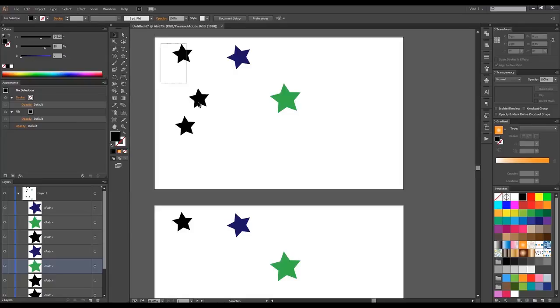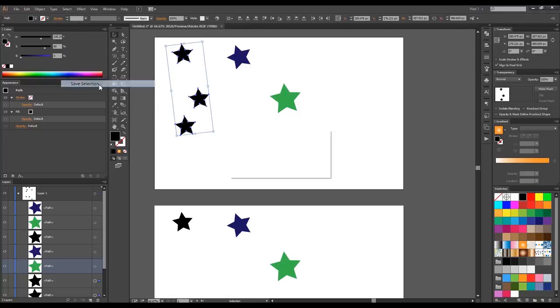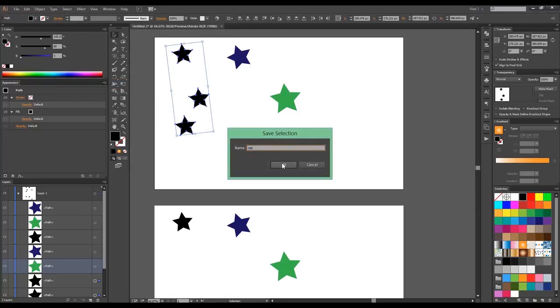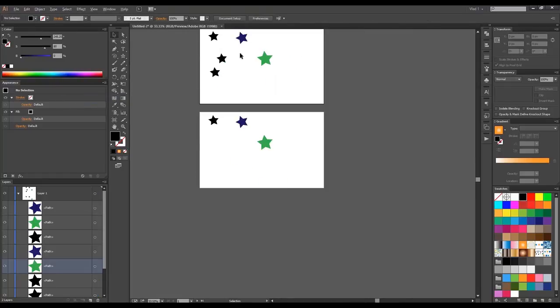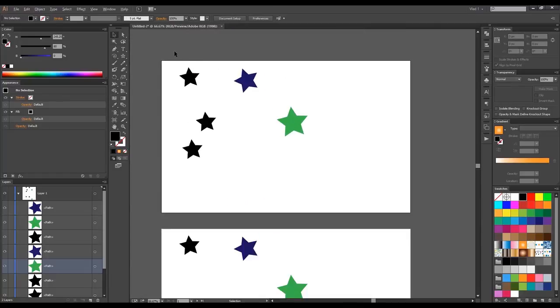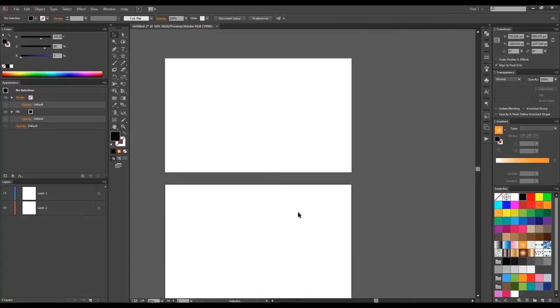You can also choose to save a selection. So we can save selection here. We can name it. And then we can just use the selection and it will automatically select. Very useful. Now we finished with the selection, and let's go over